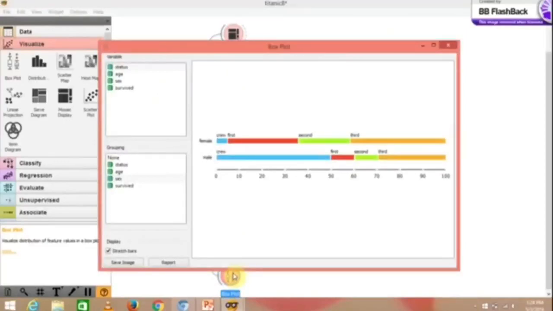It is grouped under the status and sex. There are more males in a crew class compared to the female. The male percentage is 49.80 and the female percentage is 4.89. Similarly, there were more females in the third class compared to the males. The female percentage is 41.70 in third class and the male is 29.46%.